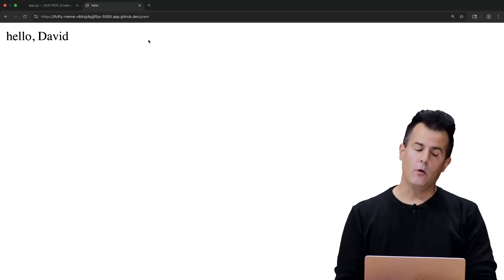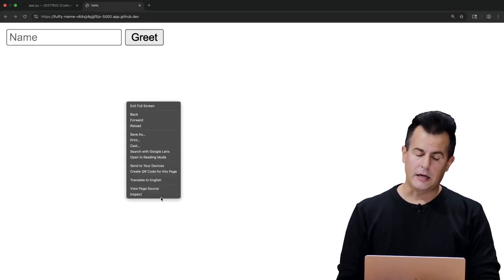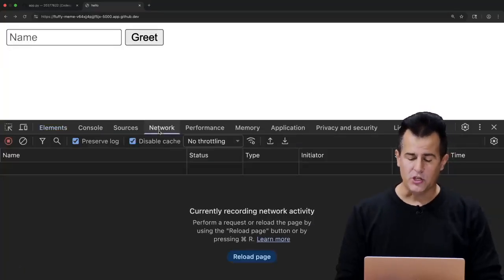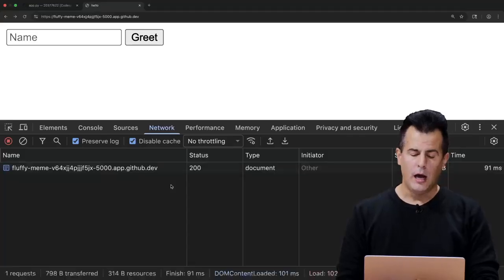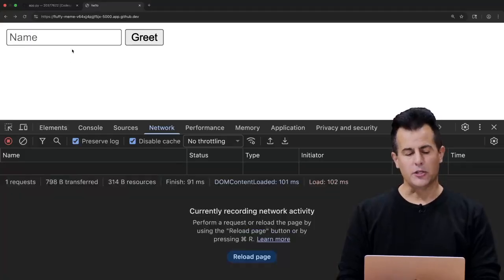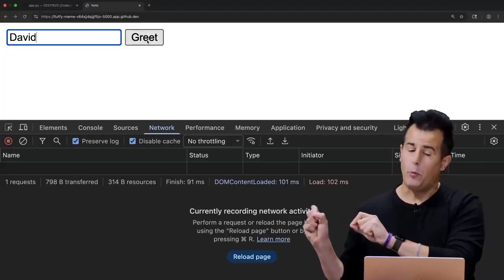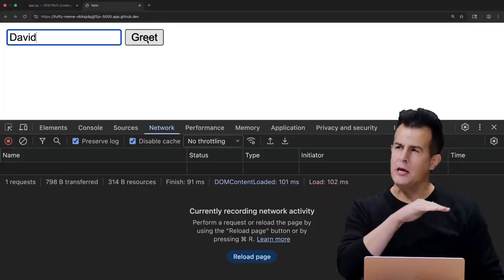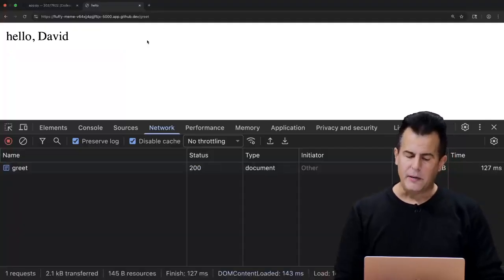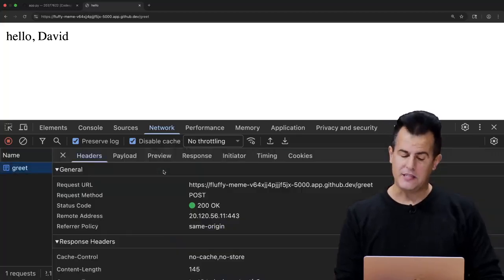And just to be now sort of diagnostic about this, let me go back once more. Let me right-click or control-click on my desktop and go to inspect. Here's where developer tools can be super useful as well. I'm going to go in here and clear this. And now I'm going to type in David again, and I'm going to click greet. But because I have the network tab open, like we played with last week, it's going to show me all of the requests going from my browser to server, which is going to be useful here because not only do I see, OK, it obviously worked because I got back a 200,